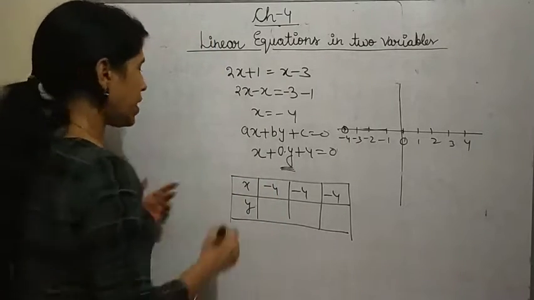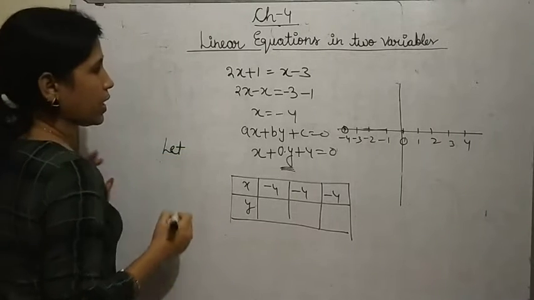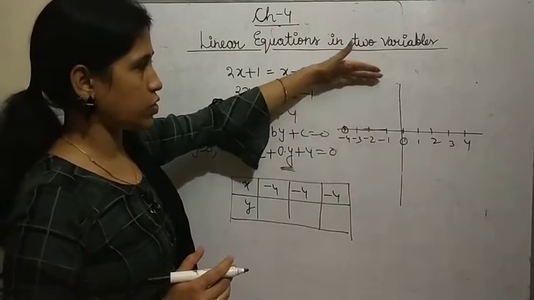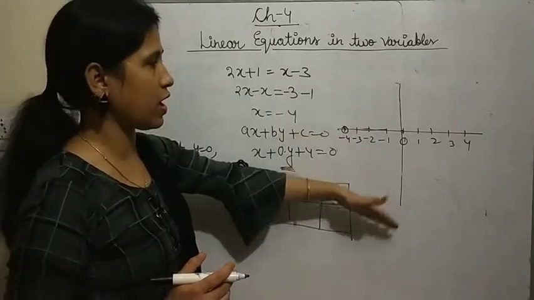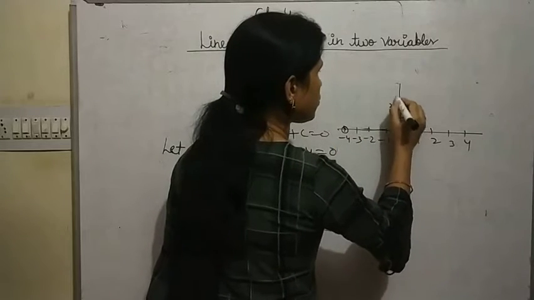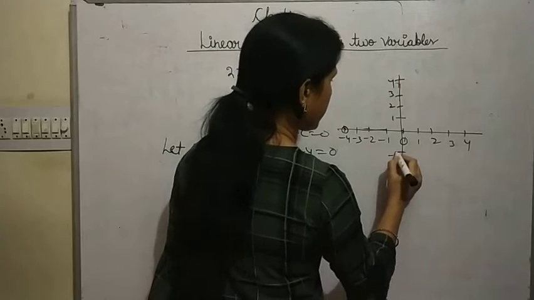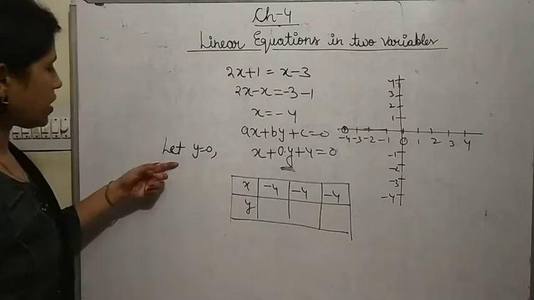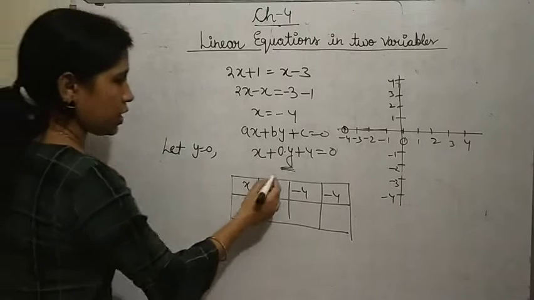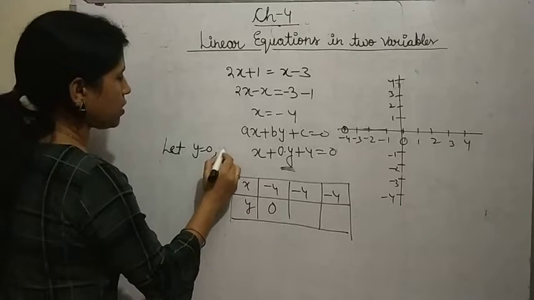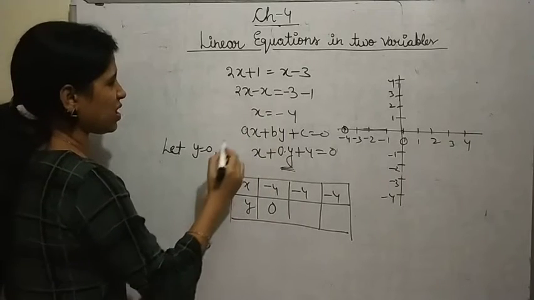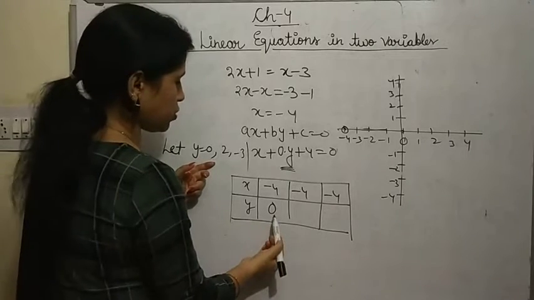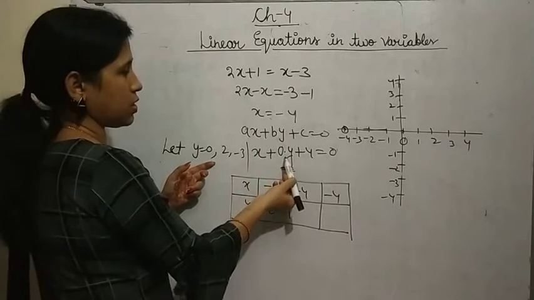We will assume, let y is equal to 0. I will take one 0 value, one positive value, one negative value. Here we have positive, here we have negative. So here we look at 1, 2, 3, 4. Here minus 1, minus 2, minus 3, minus 4. Correct. So I will take let y is equal to 0. Then this will come the same. And I will take one positive, we can take 2, and we can take minus 3. When I have taken y is equal to 0, obviously minus 4 will come.